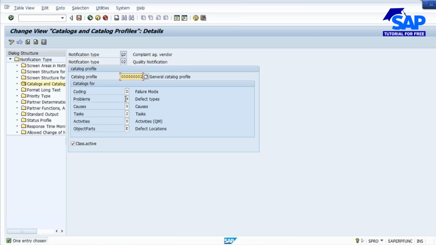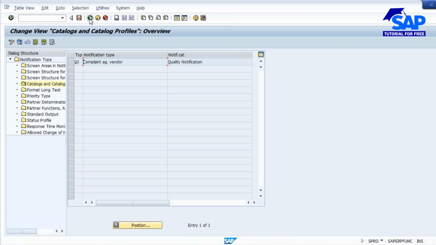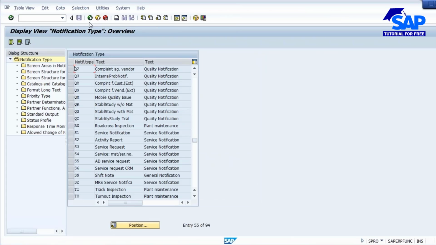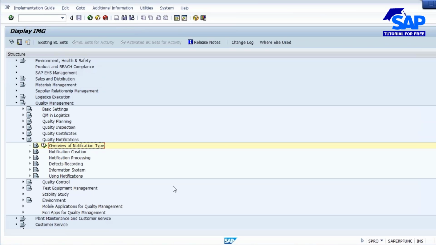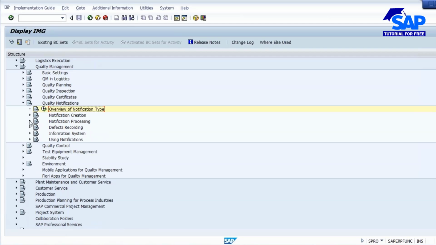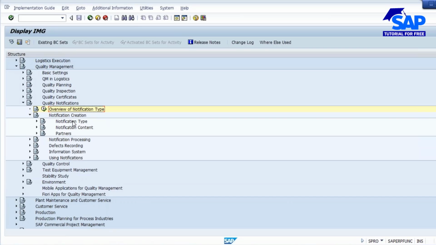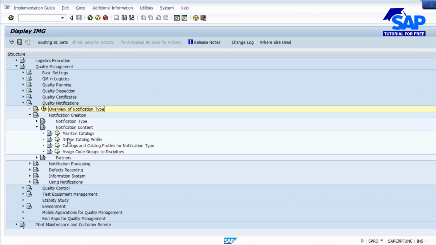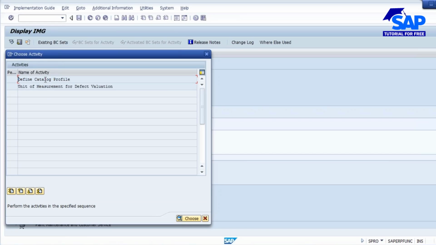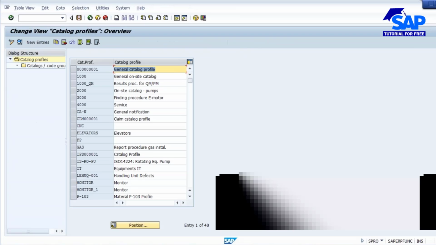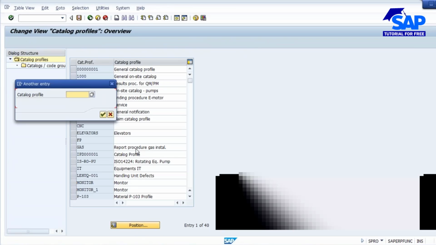So you go back, go to notification processing, notification creation, notification content. Here you are able to see define catalog profile. So in the catalog profile you will assign over there. If you go to define catalog profile, what is the catalog profile we were using? This one, 0001, the first one, of course.